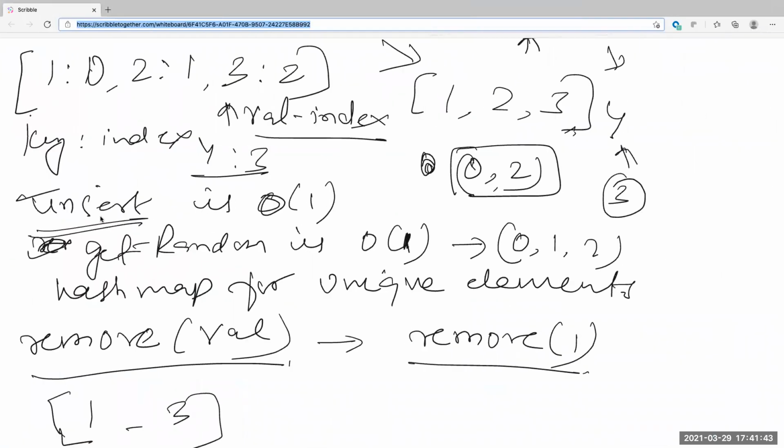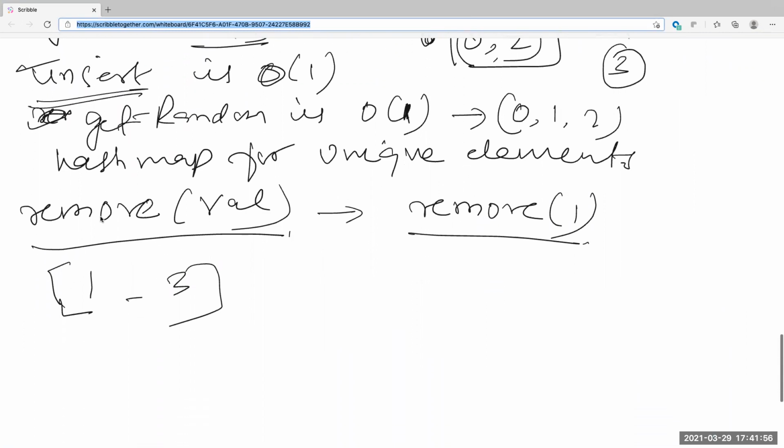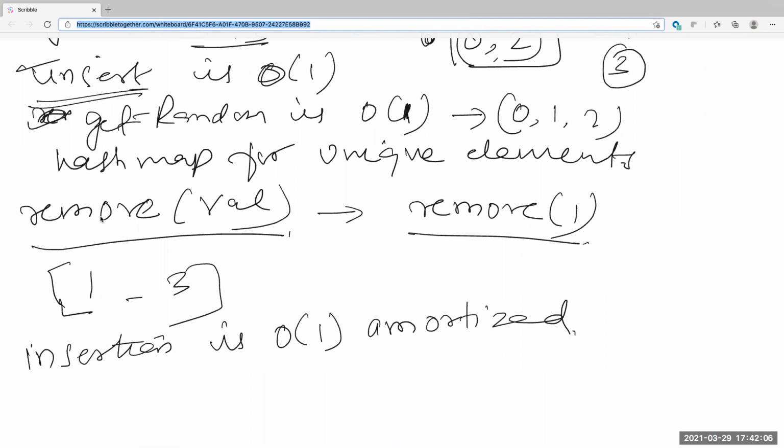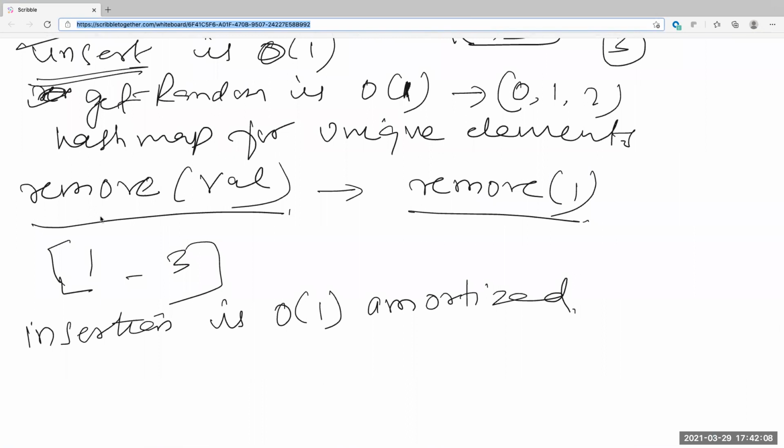No, but in most languages, if you have 1, 2, 3, 4, and right now 2 is at index 1, if I remove 2, everything after 2 gets shifted down. That's how most arrays work, right? So if that's how it works, doesn't that mean once everything gets shifted down, my hash map is screwed up? Right. That's the exact question I'm getting to.